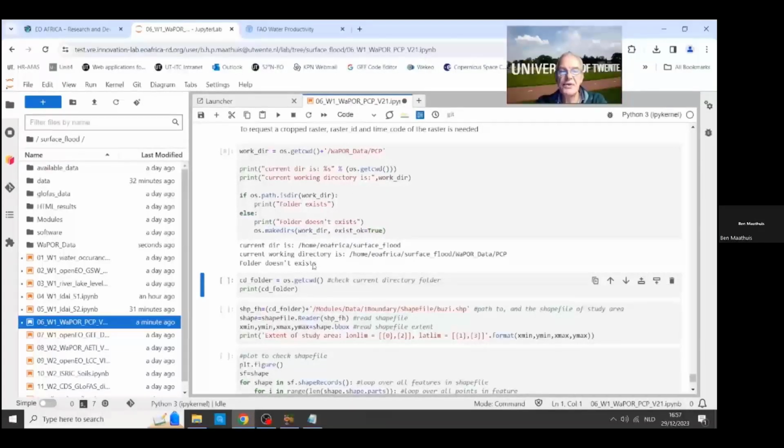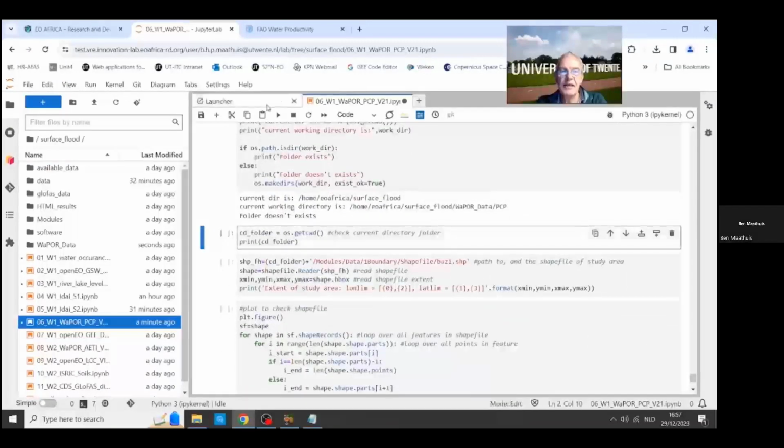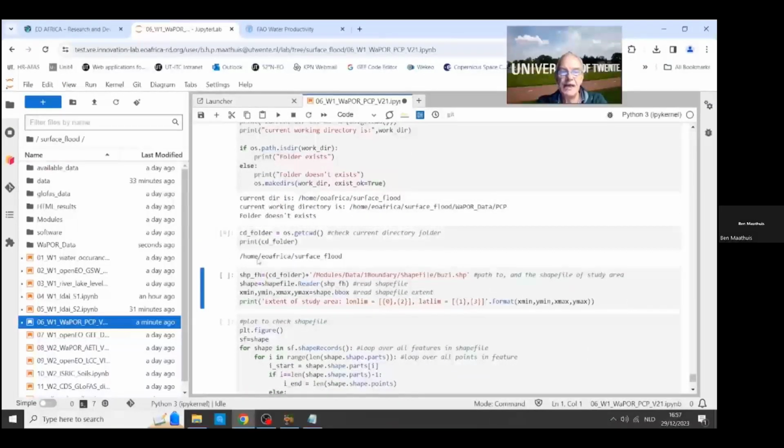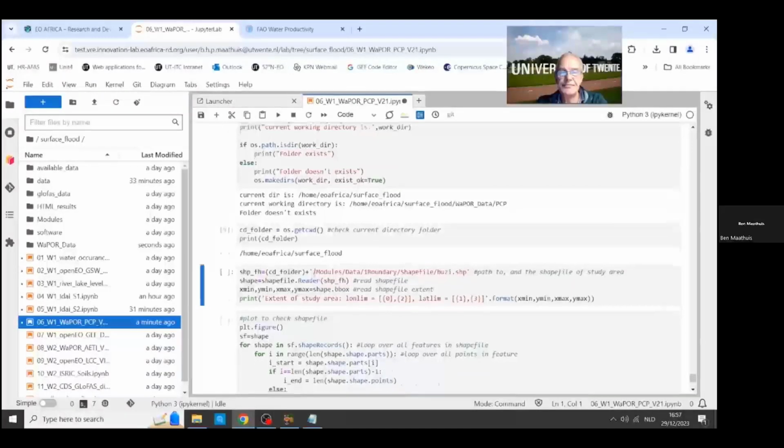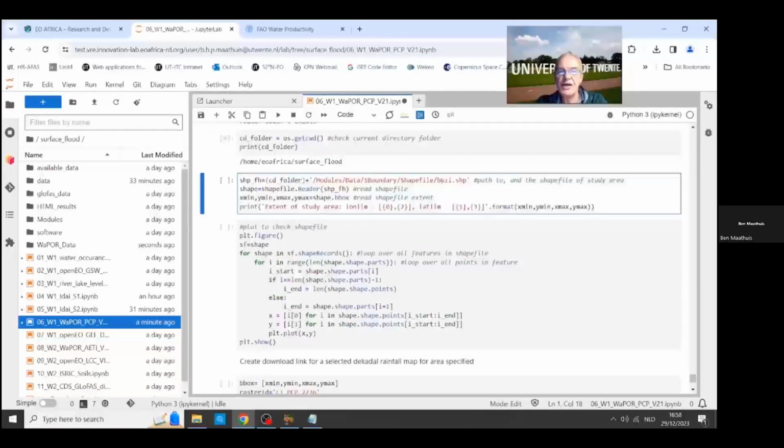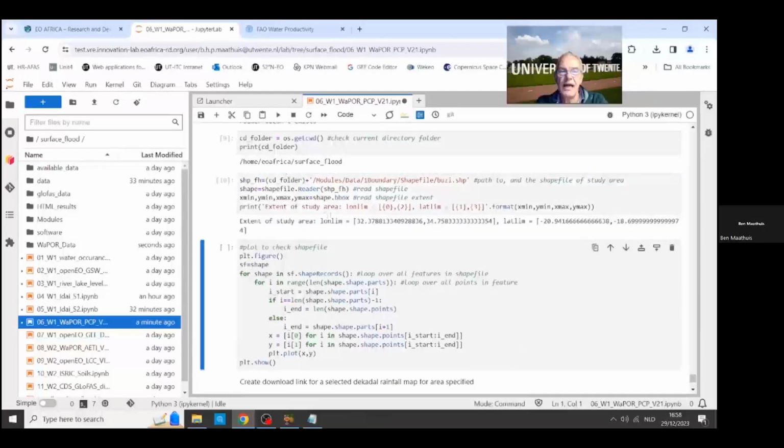In this case the folder was not existing, so the folder has been created. Let's have a look at our current folder. Now we are going to download or use the shapefile and get the limits of our area,